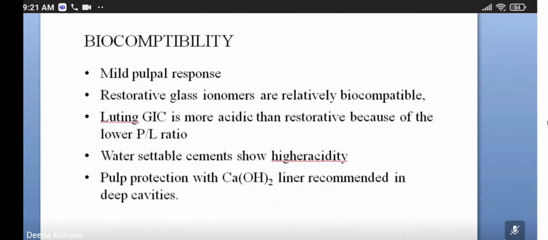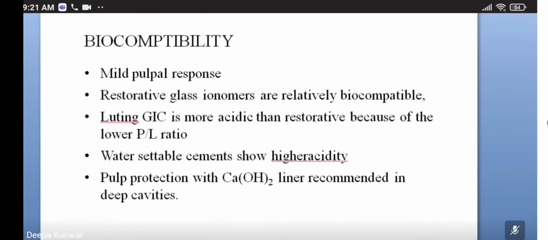Okay, it's a common question, common answer, but it's not only to protect. Why we protect from the saliva is to prevent dehydration, and when it gets contaminated with the saliva, the setting of the GIC will be halted. Either it will be halted or it will be disturbed. So we should protect it with petroleum jelly or Vaseline, anything, so that it can prevent contamination with the saliva and prevent dehydration.